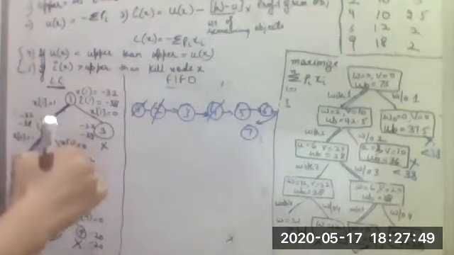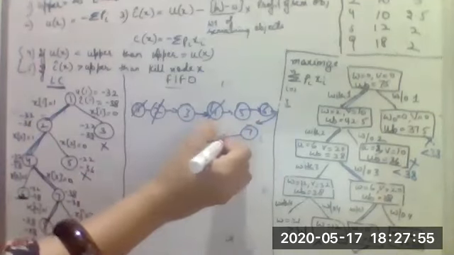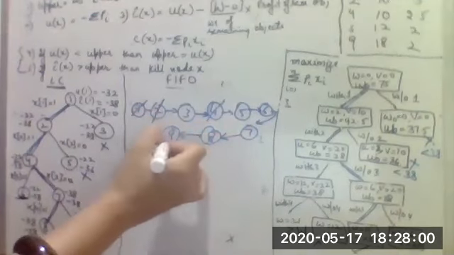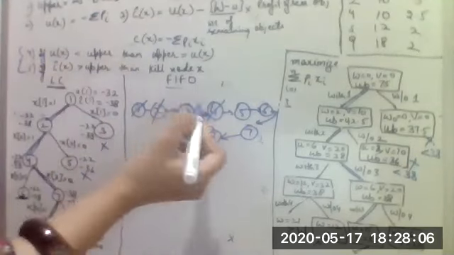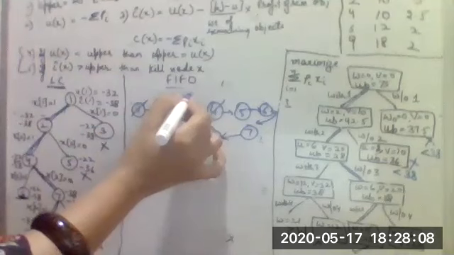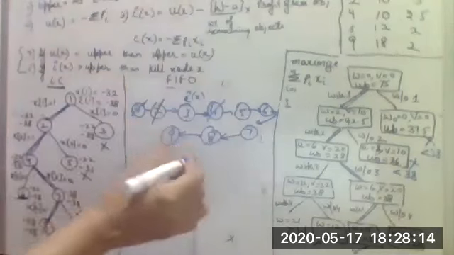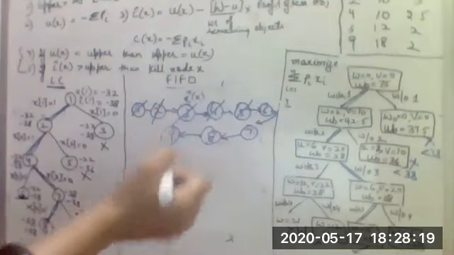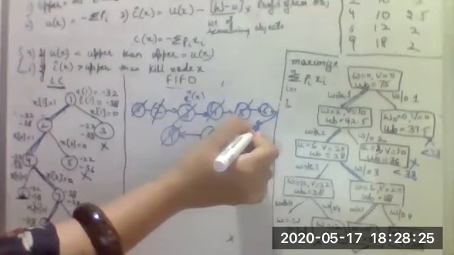And then this is not your active node. Then from the sixth is left, and from the seventh you have generated the 8th and 9th nodes. When you have generated the 8th and 9th nodes, you have seen that the C cap x value for the third and the fifth node is greater than the upper value that you have changed with this. So you are going to kill these nodes also. Yes, as well as this one also gets killed because this cannot move further. So you get a solution.